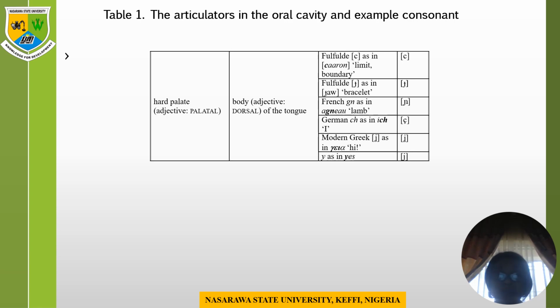As a passive articulator, you have the hard palate, and the adjective for it is palatal. And then you have as active articulator the body of the tongue, and the adjective for it is dorsal. Examples are from Fulfulde. You have the ch, like in charon, meaning limit or boundary, or its voiced counterpart, also in Fulfulde, as in Zhao,